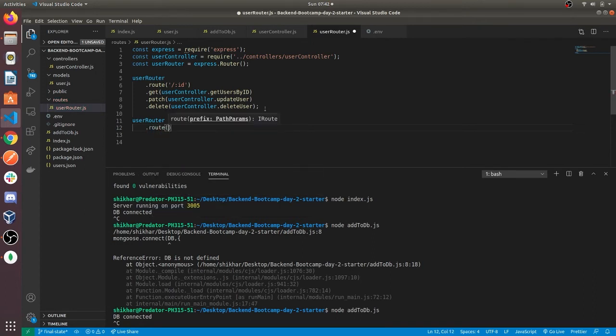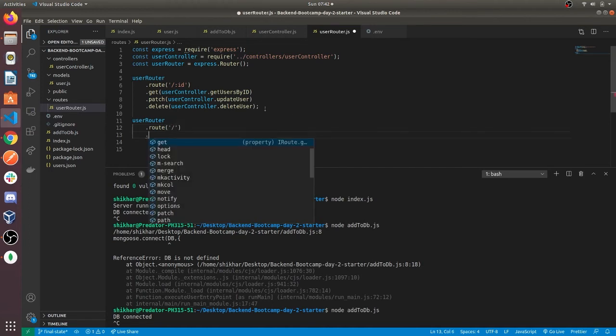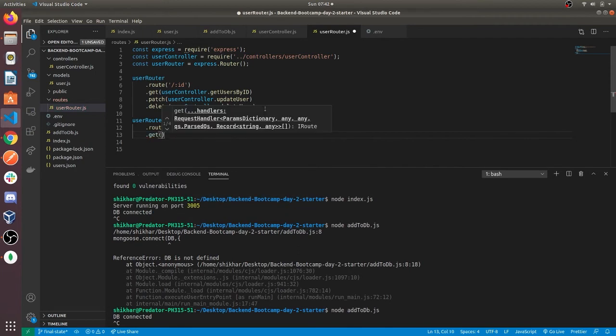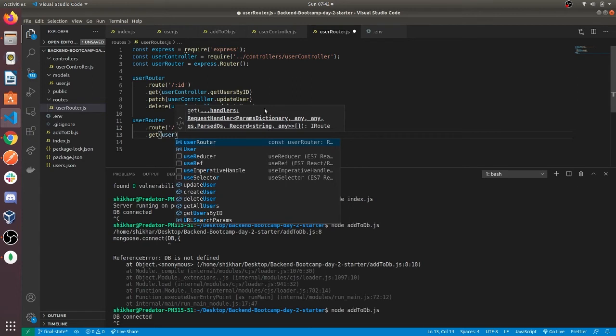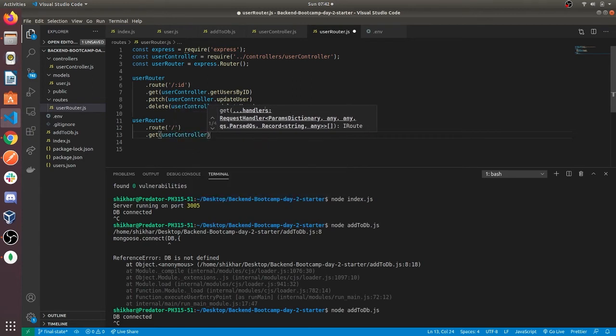Now there might be certain requests that don't require an ID, that are for getting all users, which we will use for searching, or for creating.